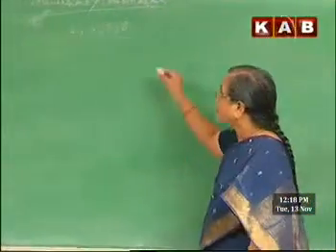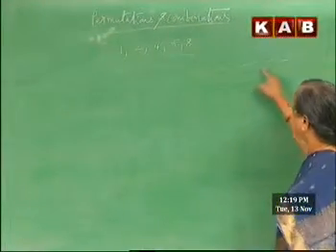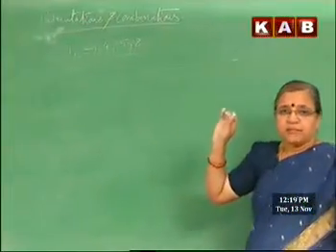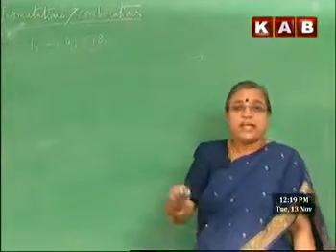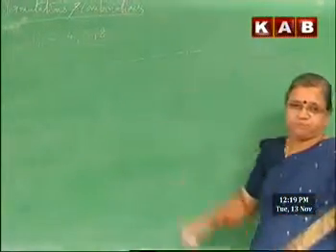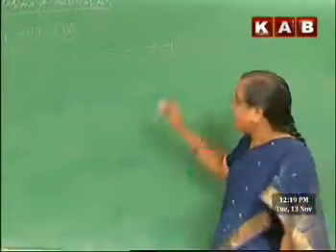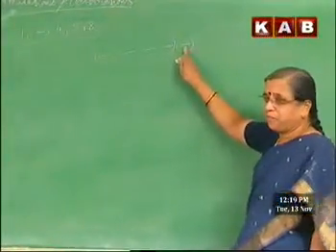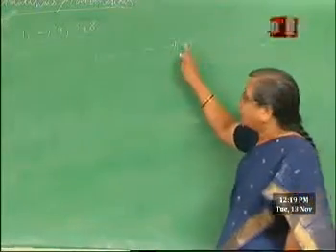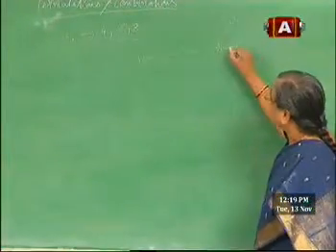Here, what we have to do? From the fundamental principle only we will do. We are dividing our job into 5 parts. Okay, good. But here, in this part there is a restriction. So when there is a restriction in one of the parts of our job, first let us find the number of ways of completing that part of the job. And then the remaining can be generalized. Here, we are saying this should be an even number. Therefore, this should be an even digit. What are the available even digits you are having? 2, 4 and 8.